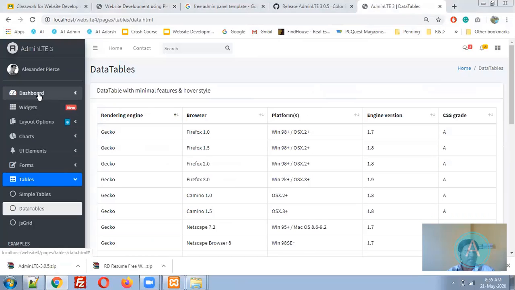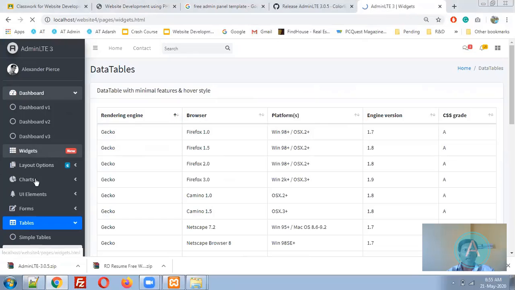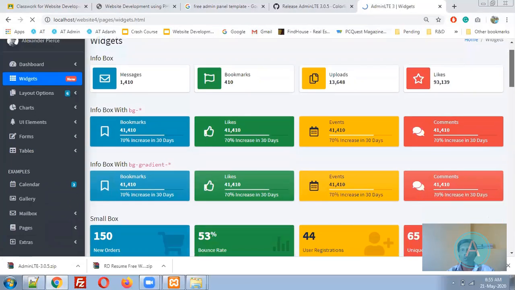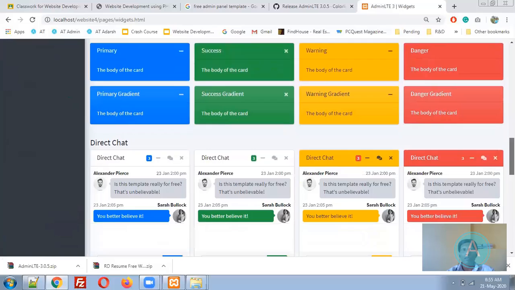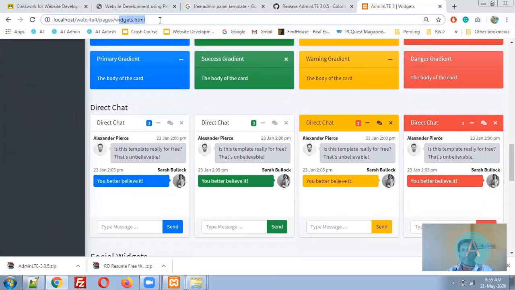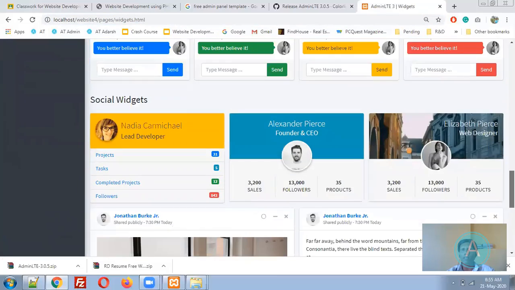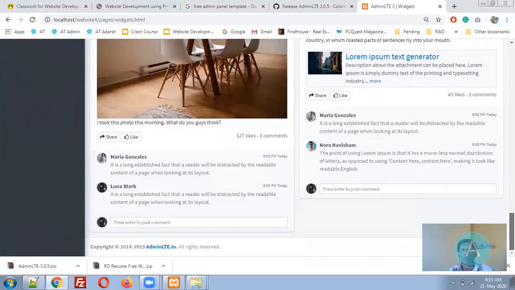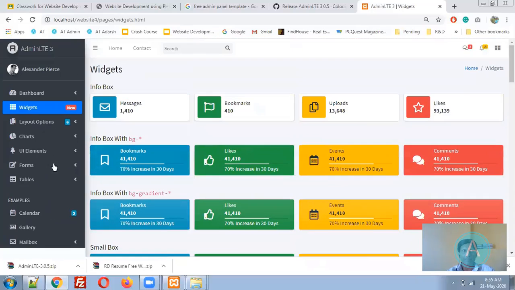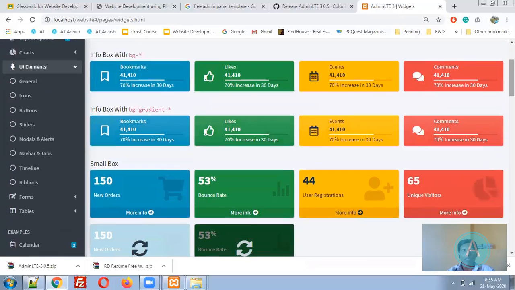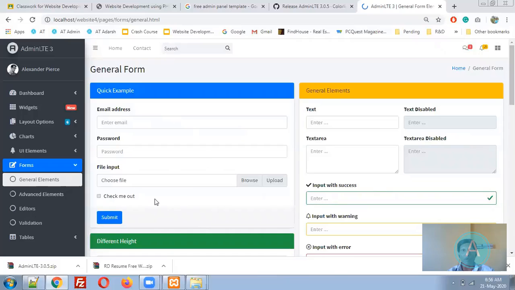Here you will find a lot of things. Lots of forms are there. So many operations are there. These all are HTML pages. You can go into them and take the code. You can utilize that code. At some point you will find difficulty, but once you start using it, you will come to know each and every functionality of this particular template. So this is the form. You can see the things.